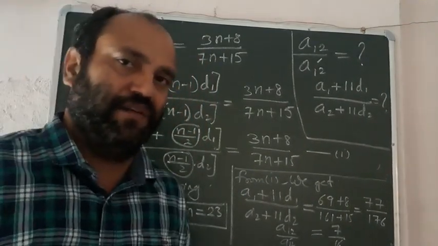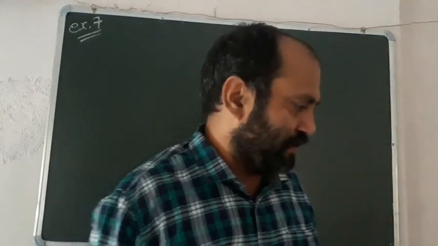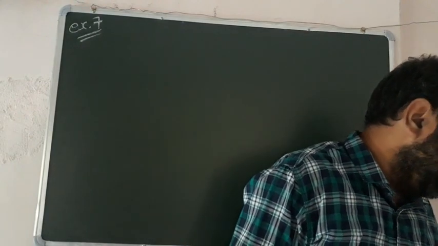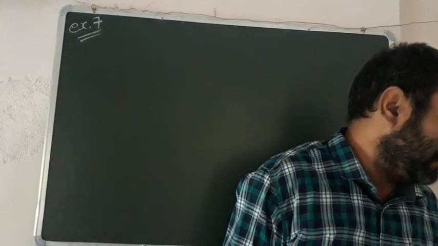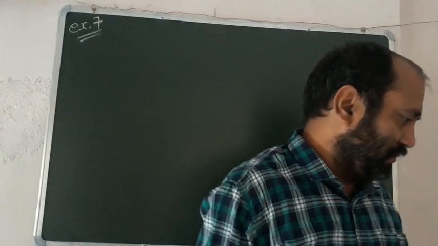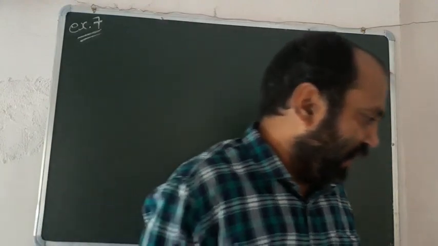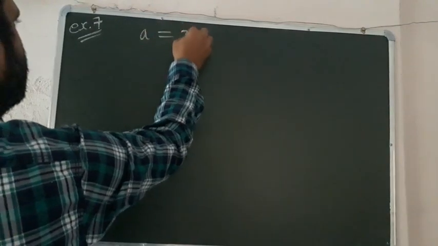That is the right answer for this example number 6. Now we are starting with the next question, example number 7. I am reading this example. The income of a person is 3 lakh in the first year and he receives an increase of 10,000 to his income per year for the next 19 years. Find the total amount he received in 20 years. Means total amount means you have to find Sn. As you see, its first term is 3 lakh.